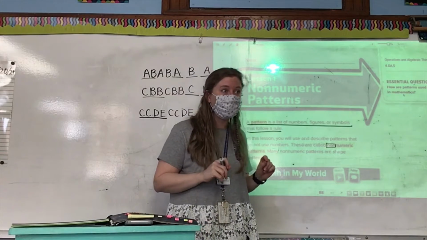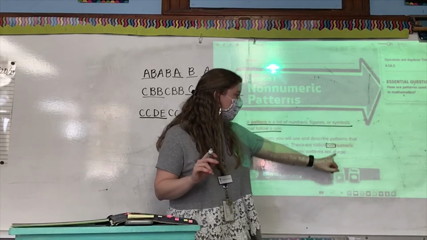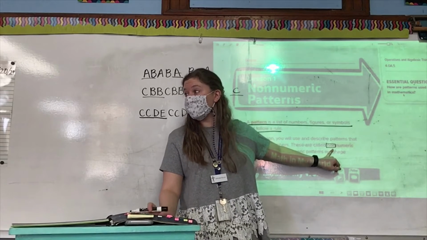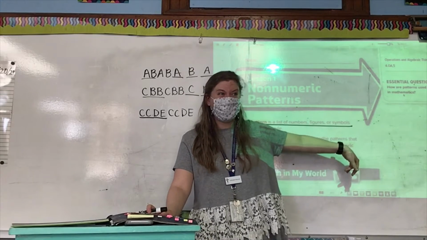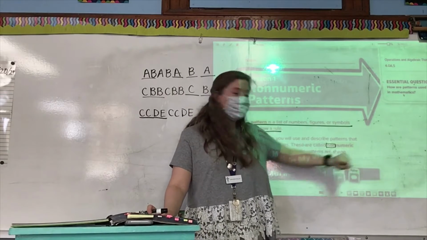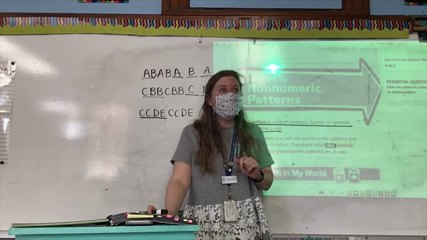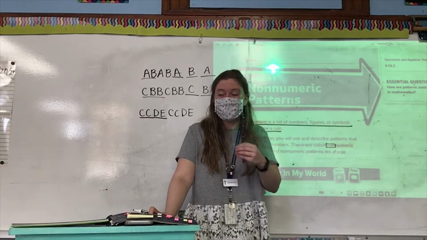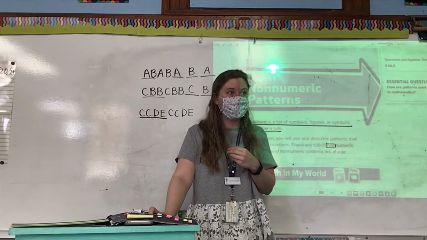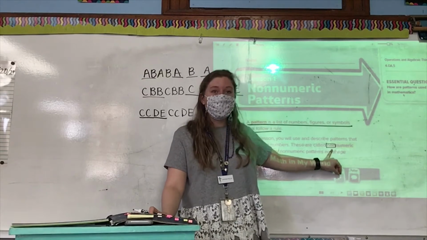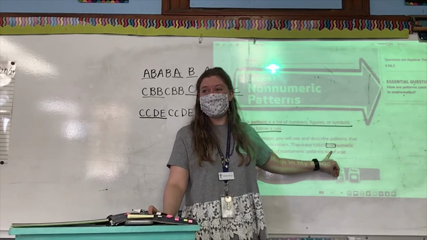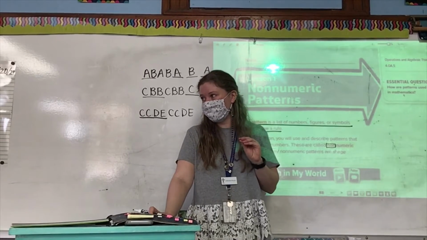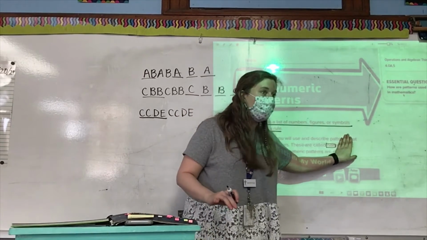So non-numeric is an adjective. It's a describing word. The prefix non goes at the beginning of an adjective to say that whatever noun that adjective is describing cannot be described using that. So if I'm talking about a non-functional television, functional television means that television's working. But non before functional means I can't describe that TV as functional, which means the TV is not working. So we have non,